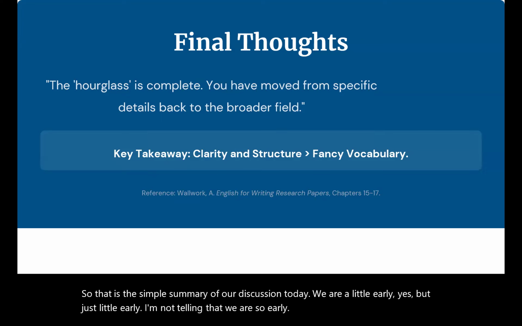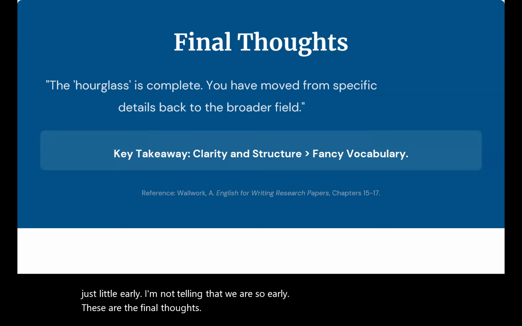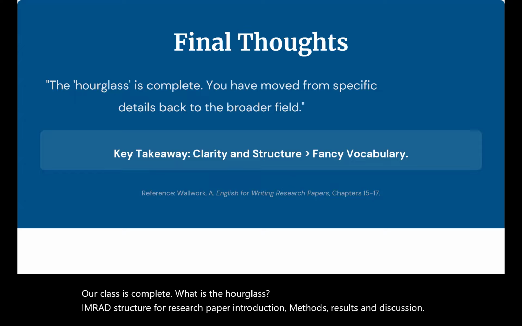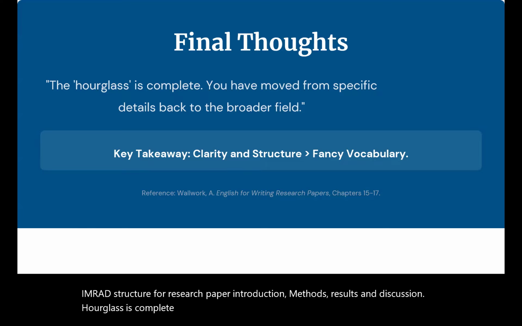These are the final thoughts. Our hourglass is complete. What is the hourglass? The IMRAD structure of a research paper: introduction, methods, results, and discussion. The hourglass is complete. You have moved from specific details back to the broader field.